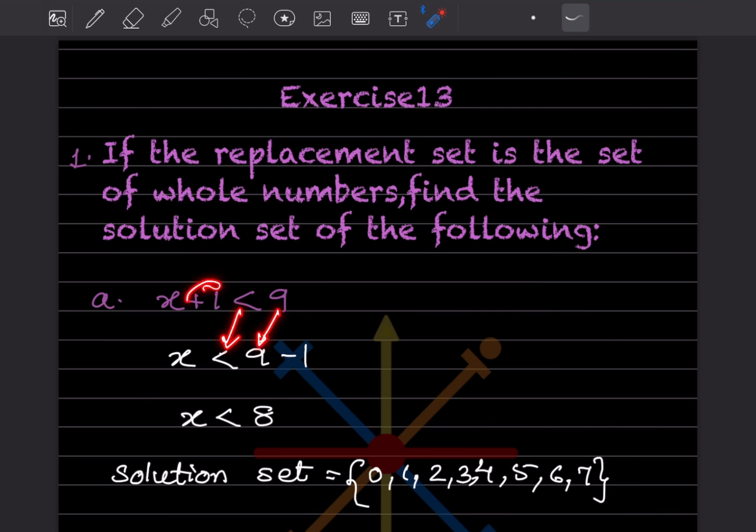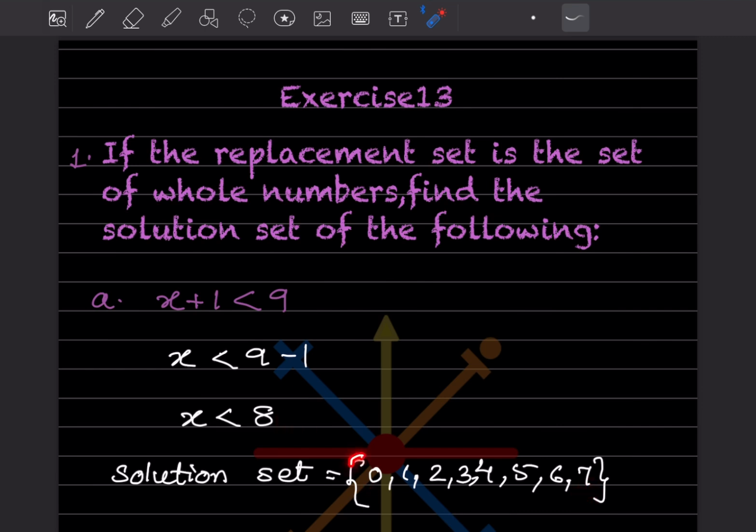If you take this plus 1 on the other side, that is going to be minus 1. So x is less than 8. So how will the solution set be? Less than 8 means, and we have to start, that is the whole number, it will be 0, and less than 8 means that it is going to end on 7 but not 8. So 0,